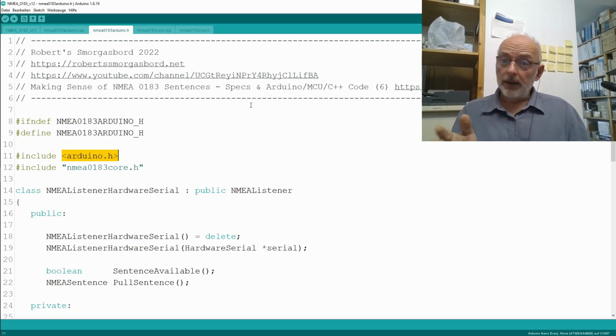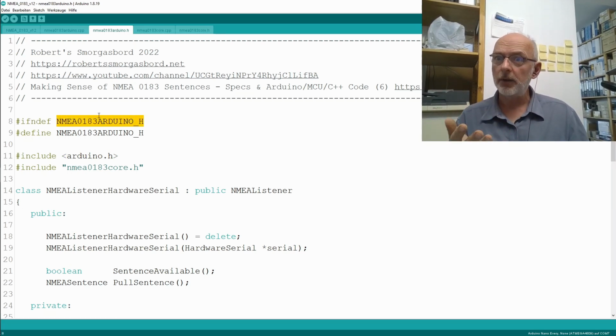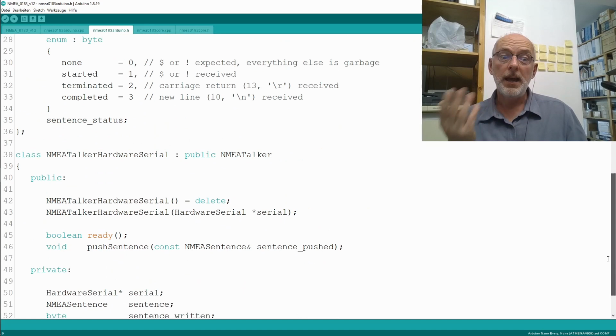Also, that's basically a C++ respectively C convention. You start your .h files always with an #ifndef preprocessor statement, checking if a macro that is usually closely related to your .h file name, in our case NMEA0183Arduino_H, is not defined. Only if that macro is not defined, we actually include the stuff between the #ifndef and the hopefully